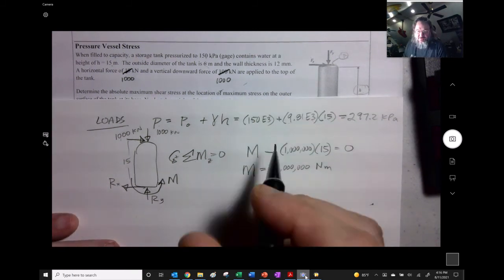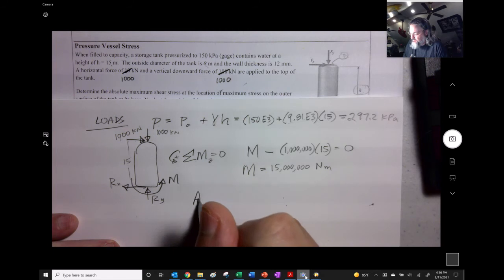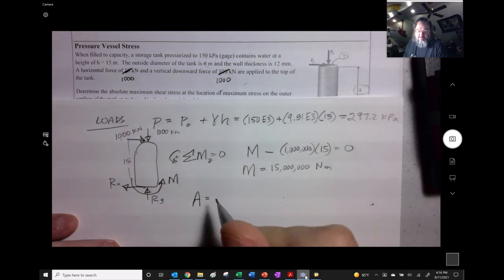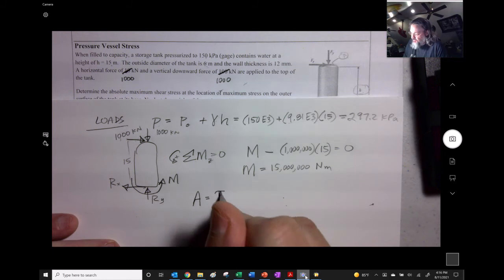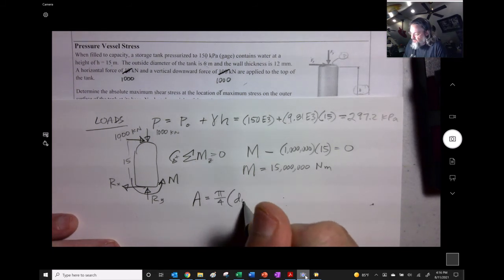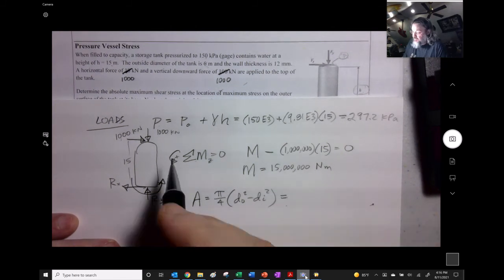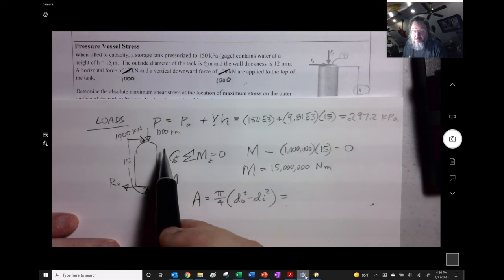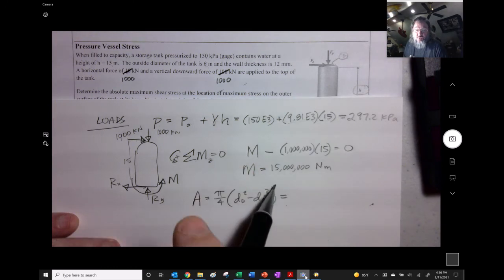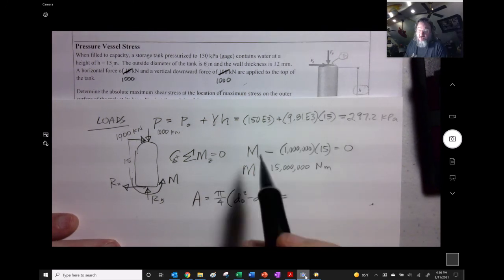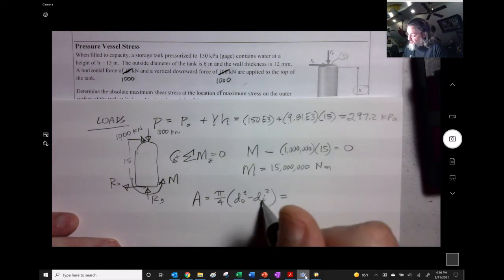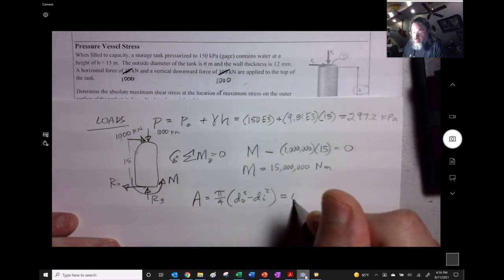Okay, there's some loads. I need some geometry, actually. I need the area of this thing. All right, so that's going to be pi over 4 dO squared minus DI squared, right? And I'm not going to bother writing all that out, but it is 6 meters in diameter, but the wall thickness, and you're going to have to subtract out 2 of them, is 12 millimeters, right? So we're subtracting out 12 millimeters from this guy right here. So it ends up being